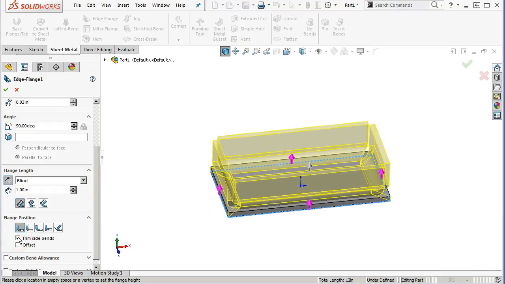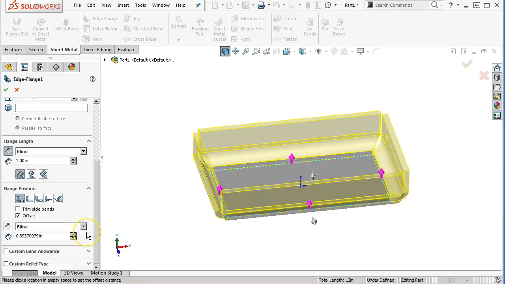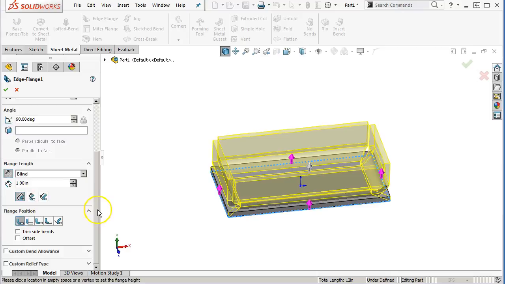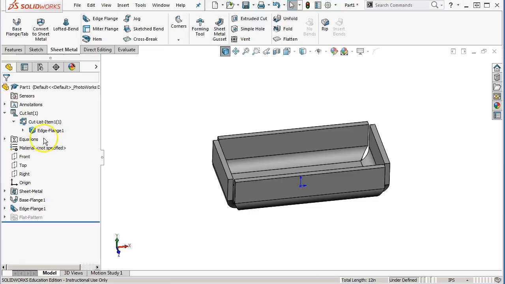If we trim the side bends, nothing really there to work from. Let's see, on the offsets, we go to another offset and can adjust the position. I don't really want to do that just yet, so we'll turn that one back off. And then custom bend allowance, custom relief type for this particular feature. All right, so I'm going to go ahead and accept that, and we'll come back into it after we take a look at